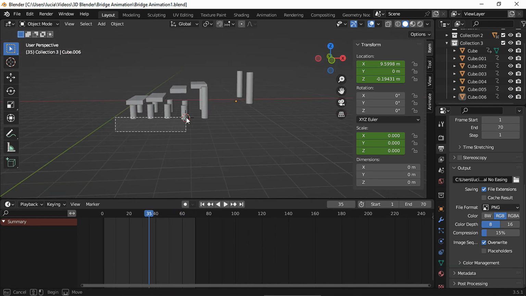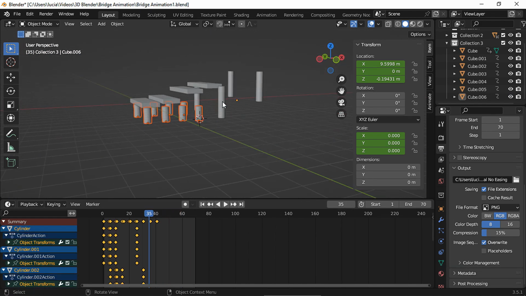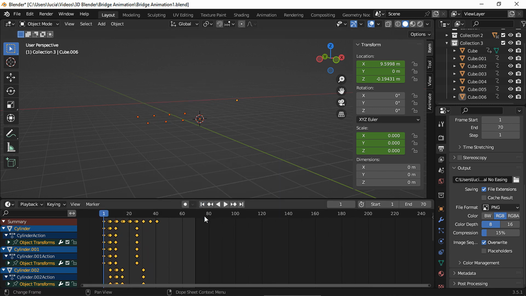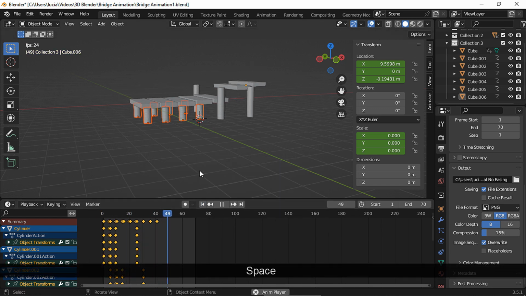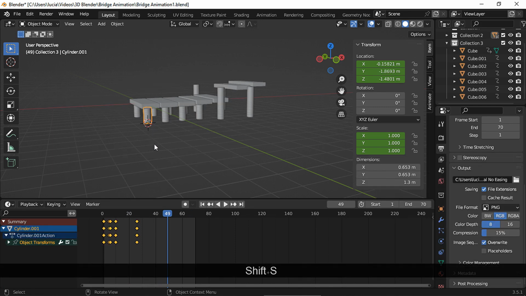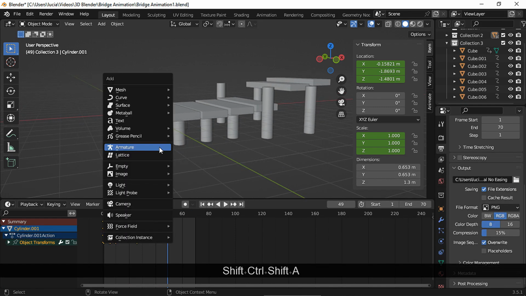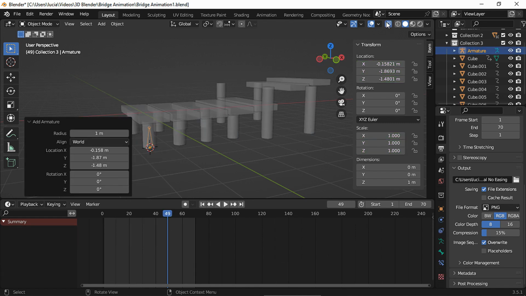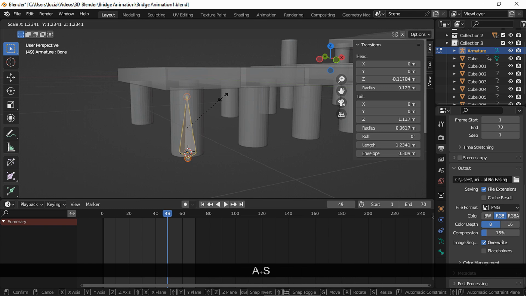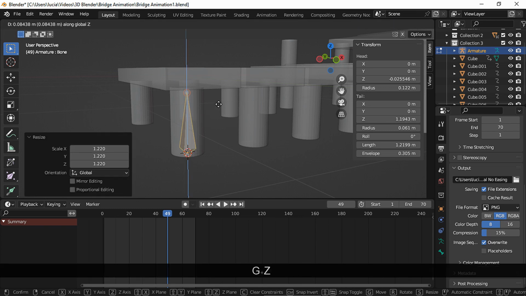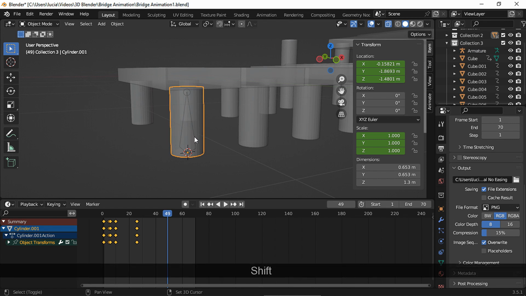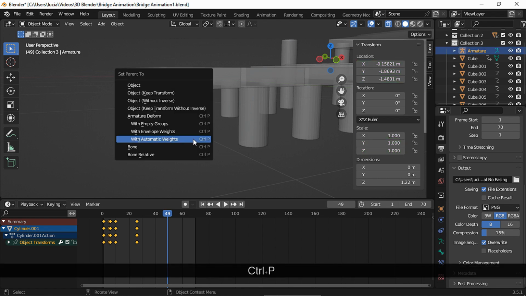I'm gonna change the small legs interpolation mode because the squash effect we're about to make is not going to look good with the current interpolation mode. For this squash effect, let's place the 3D cursor on this leg and add a bone right there. In edit mode, scale it and place it if needed. Back to object mode, select this leg, select the armature tool, and parent with automatic weights.